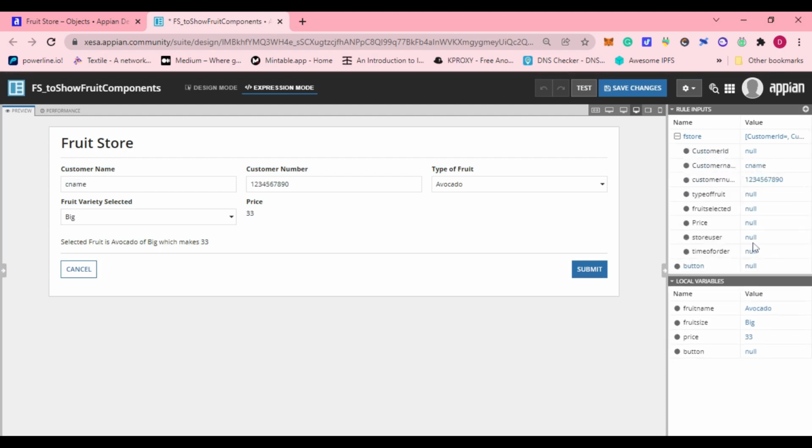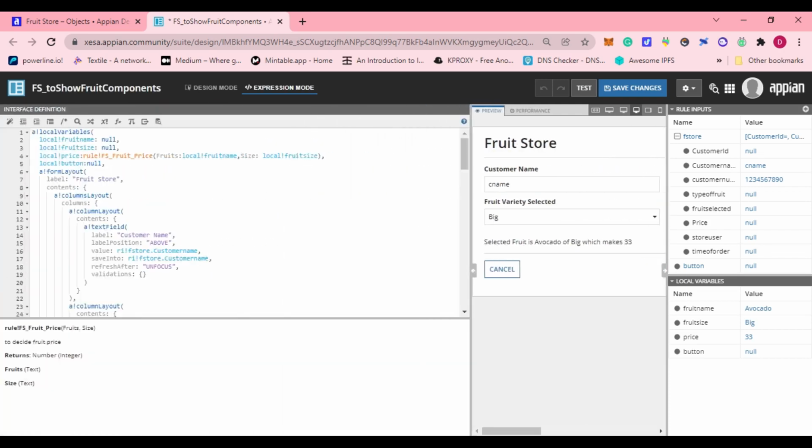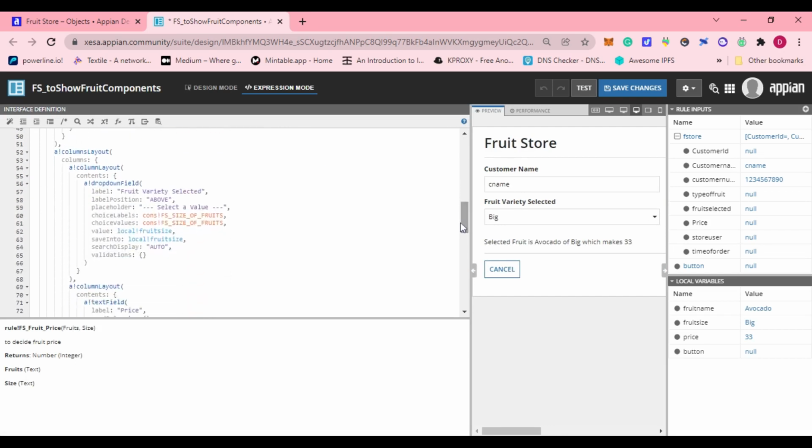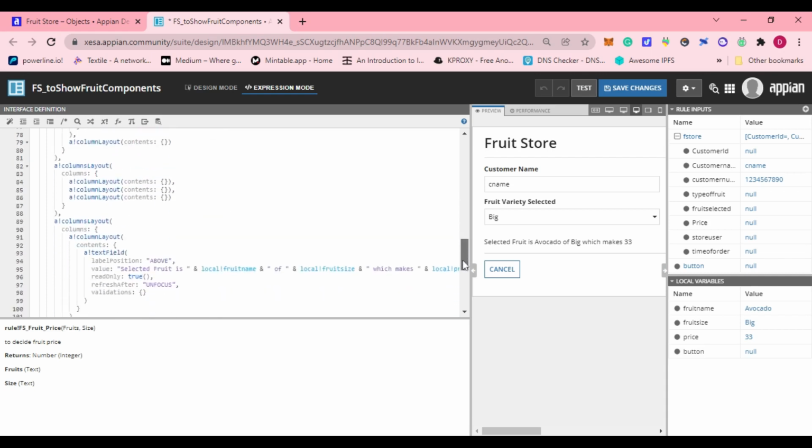Here everything is null. Why is it null? Because we had passed this value into the local variable, but we haven't passed this value to the rule input. So to pass a value from a local variable, which helps in interacting with the interface with each and every reaction, to update that value we would require a function named a!save. So we can save when we want to save. With each click of save, we want that value to be inserted there. So let's just go there,